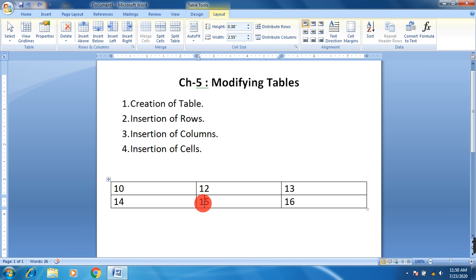For this we have to shift our data either to the right side or to the below part. So I'm going to show how you can do this. For example, if I want a new blank cell here in position of 15,